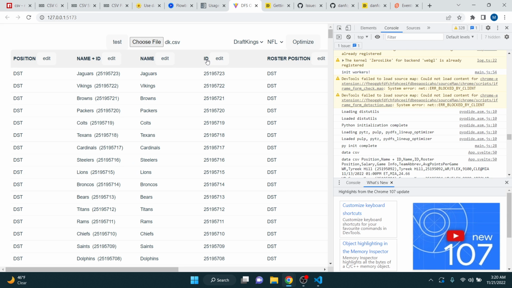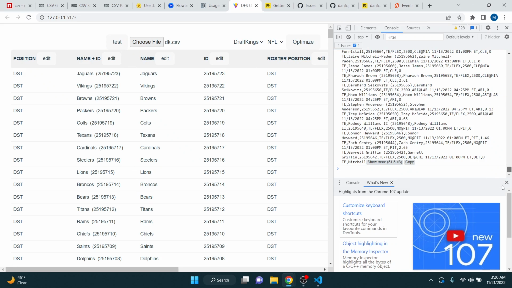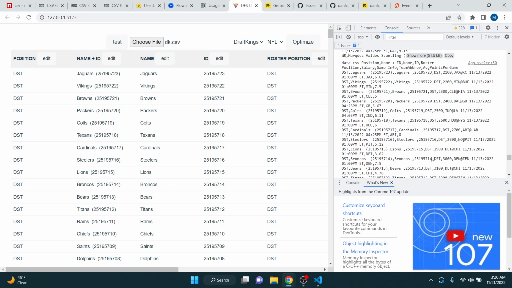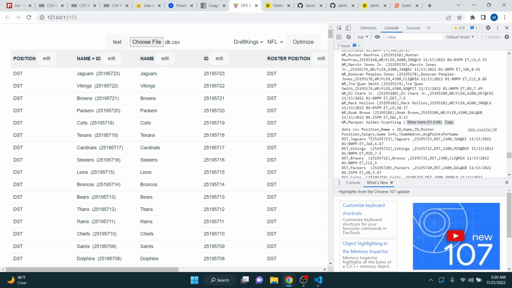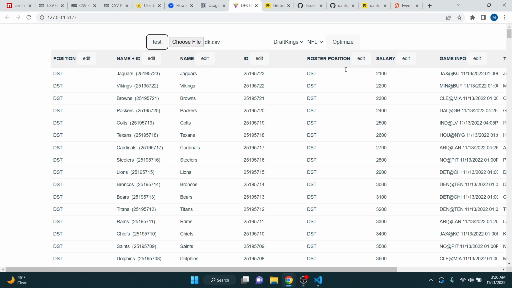If I do there, so I should get DST, Jaguars, Vikings. Oh, nice, it does. Cool. Actually, I don't think that matters to what I'm trying to do, but cool. So it is sorting, it's creating a CSV, which will then be used